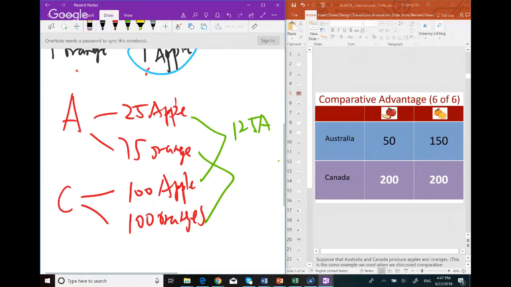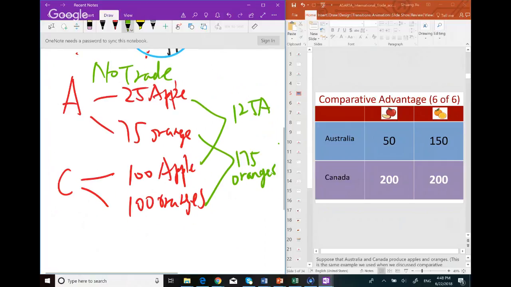I need more space to write this. 175 oranges. All right, so that's what they had before trade. With no trade, that's what the countries had between the two of them, doing half and half. Now with trade,